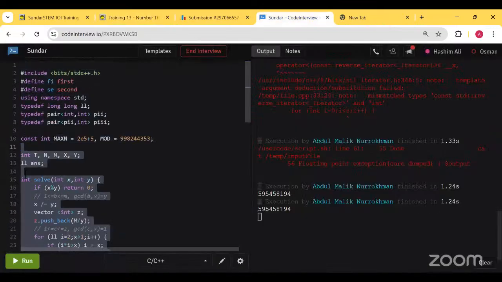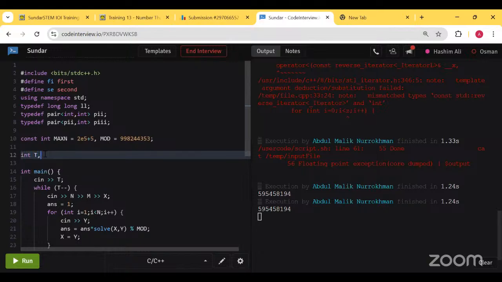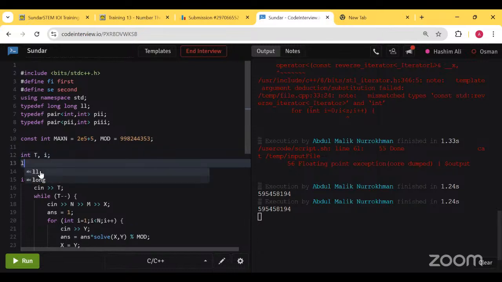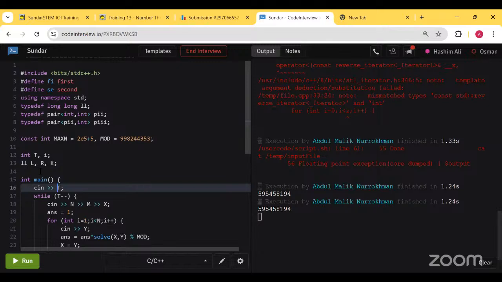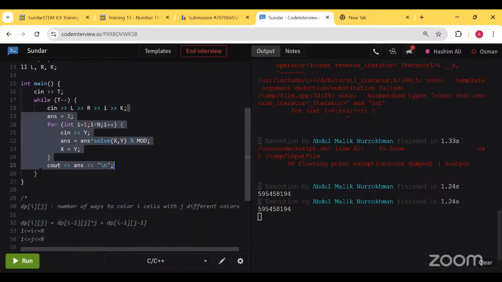Let me remove this. The input is quite simple: T, and then L, R, K. Input L, R, K. And the output is